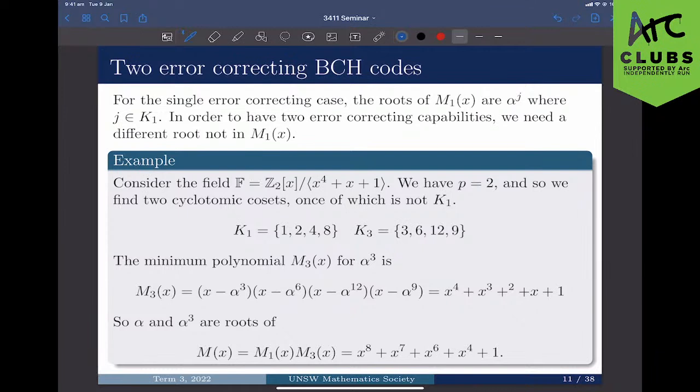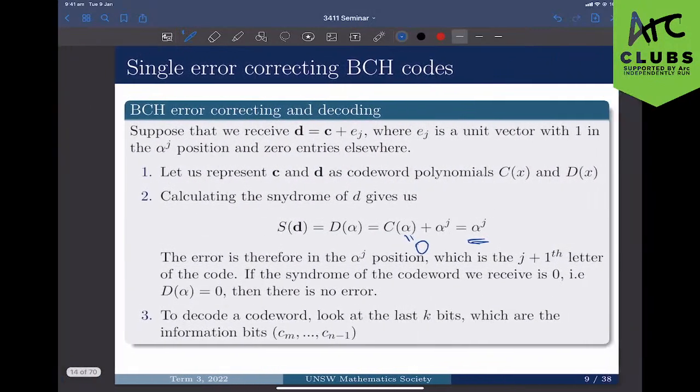So for the single error correcting case, the roots of m1(x) are alpha to the power of j, where j is in the coset for 1. And in order to have 2 error correcting capabilities, we need a different root not in m1. So the reason why we need 2 roots not in the same polynomial for the 2 error correcting case relates to the syndrome that we're going to look at soon. And pretty much, if we looked at the syndrome for the single error correcting case,